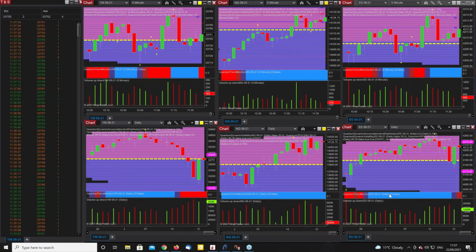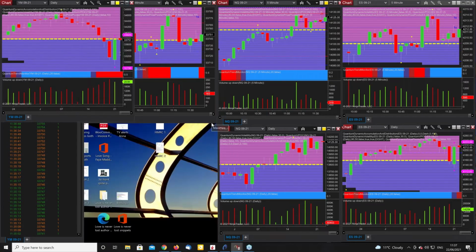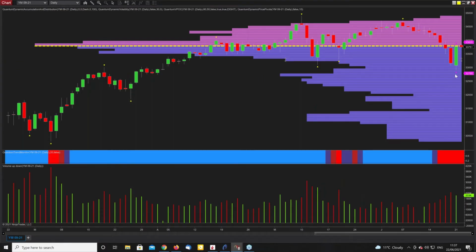Now, what's interesting at the moment, and the reason I've gone to the indices first, is that on two of them on the daily, we've now got a volatility trigger. This came in yesterday. This is on the YM, a massive move on the YM. I have to say the volume here is hardly stellar, so it's a little bit flaky. So what are we expecting? Well, two things really. We've gone back to the volume point of control.